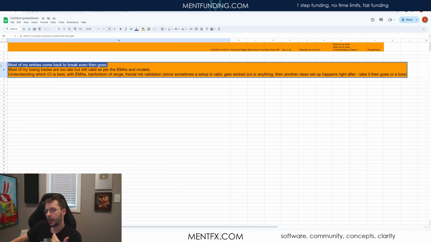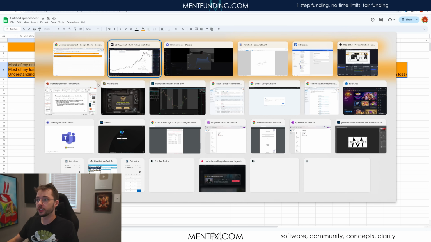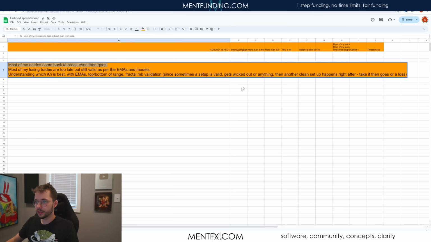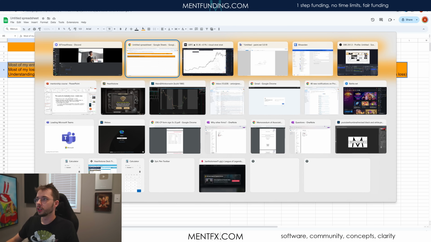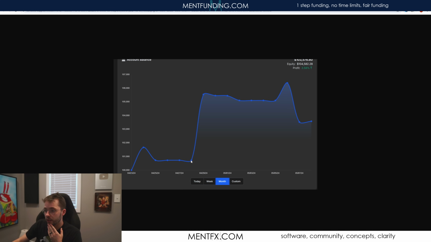So me saying that should instantly eliminate this idea here. It's pretty dumb. This is a great thing that your trades come back to break even, because again, based on just the curve I see now, it's a difference of this happening here versus this high being here instead. That's all that's happening, right? Because if 2 of these were losses, you're down here now. If 1 of these within these 4 were a win, you might have your curve come up right here. Then 2 losses puts you back, if you take 2 of these, at break even.